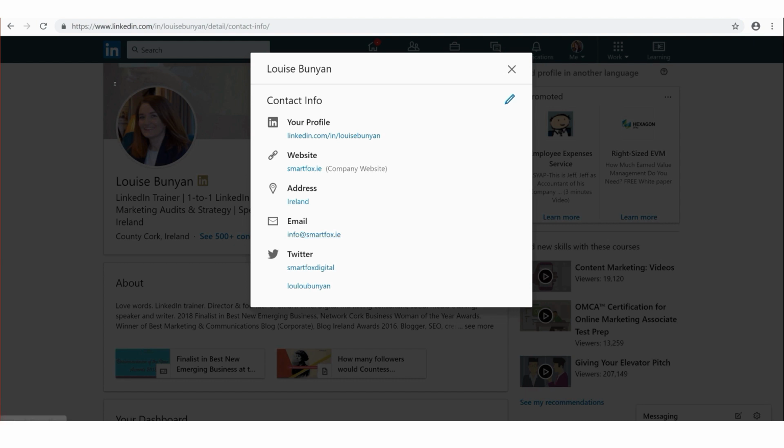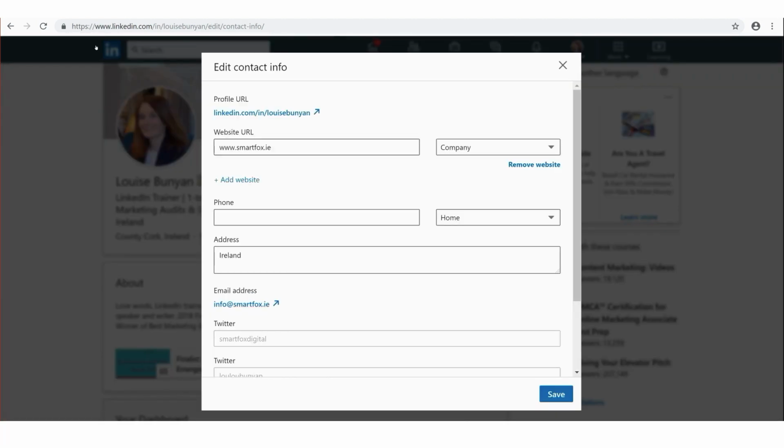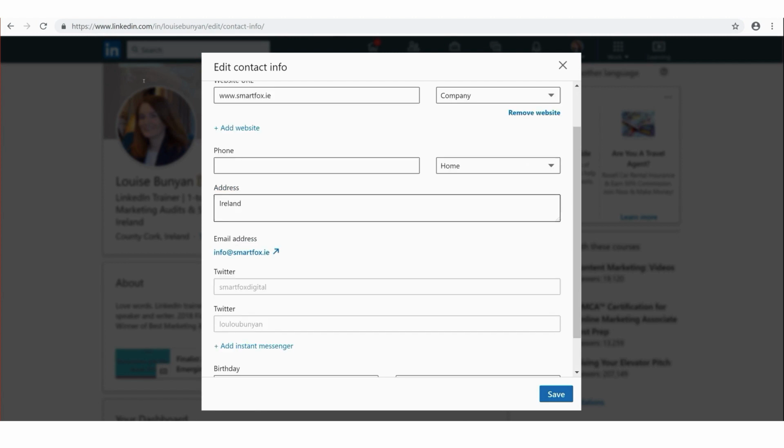If we want to change anything, the rule on LinkedIn is we look for the blue pencil, we click that, and you can change whatever you want here. For example, if you wanted to change the website, you can pop in a new website address and hit save. If you want to add in your phone number, you can add that in as well, and it gives you 3 options: home, work or mobile.